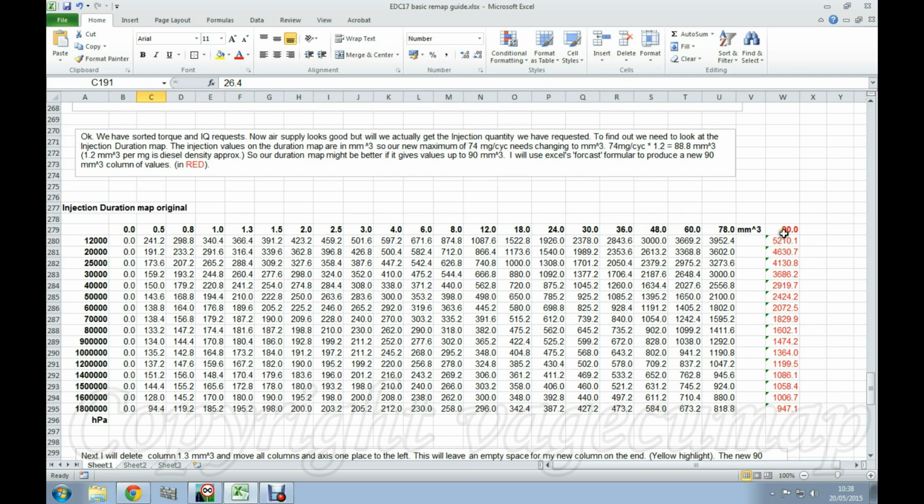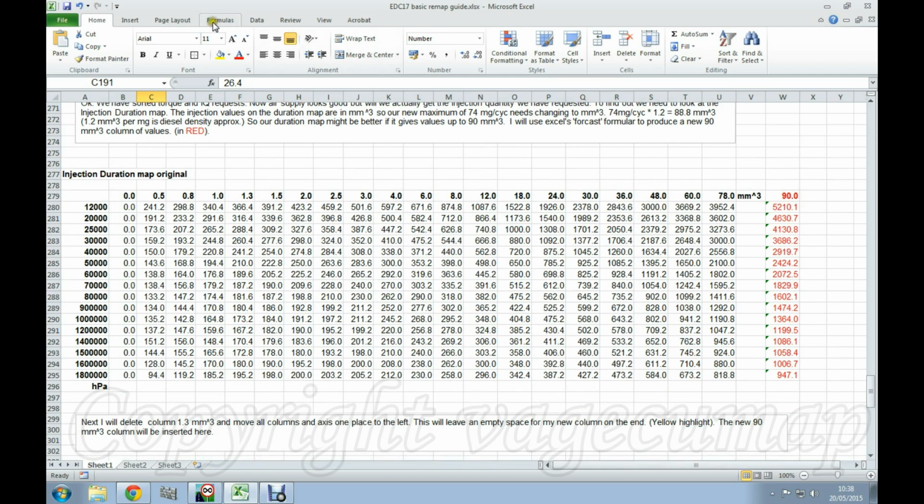So what I've done is I've put there 90 millimeters cubed because that's what I'm likely to want. And again, I've used Excel's forecast. So I've looked in the formula, found the forecast formula, and used it to forecast new values for 90.